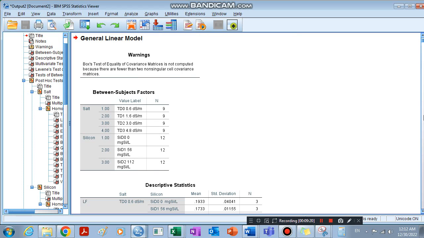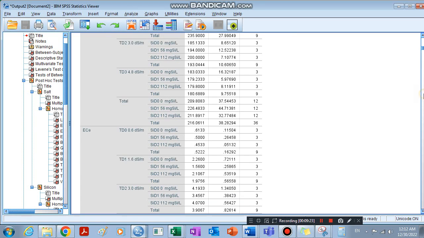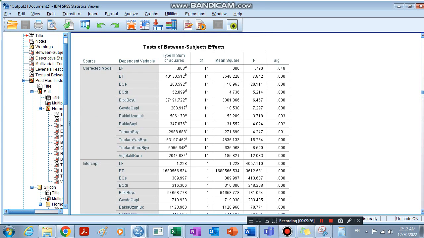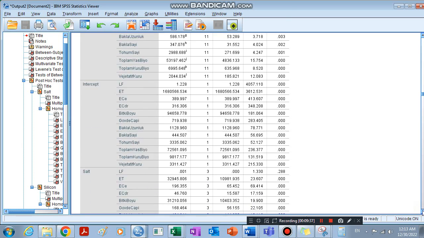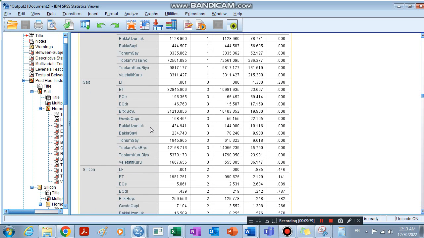Yeah, this is our results. We can go to the tests of between-subjects effects. We can come here and see whether our dependent variables are significant. Okay, when we see salt, under salt level, LF is non-significant. It's not significantly affected by the different salt levels. This one is